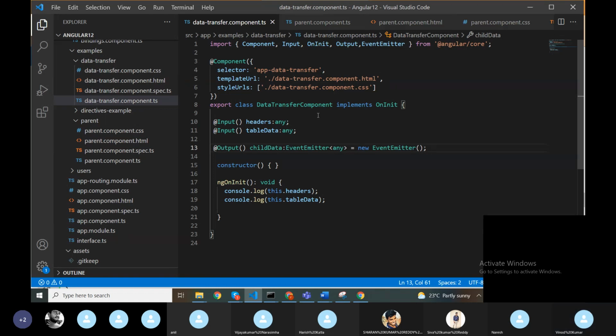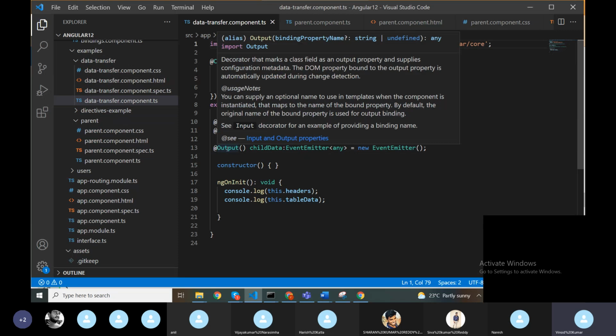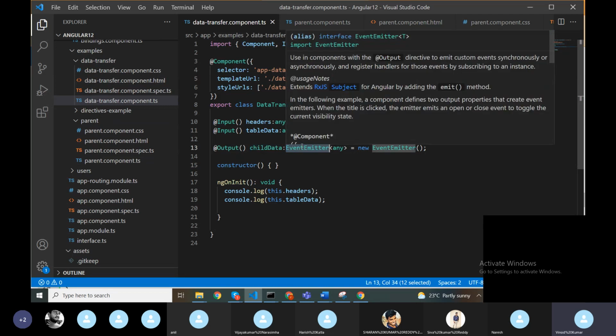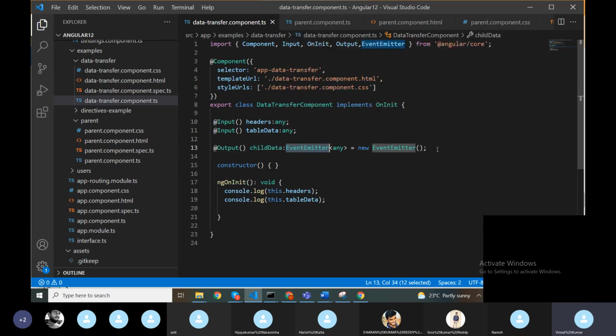See, first we need to import Output and EventEmitter from the Angular core, and then we need to declare the output decorator within the child component, Output of one variable name colon EventEmitter equal to new EventEmitter of. This is the first step. And then